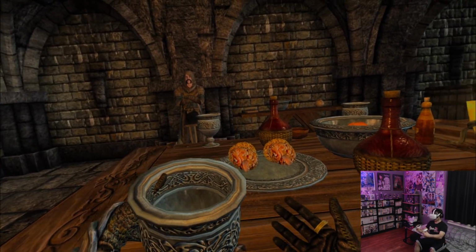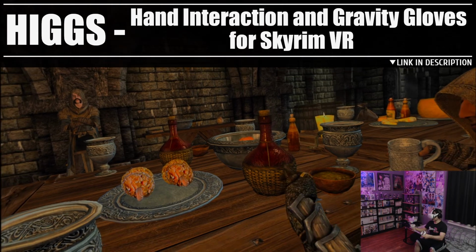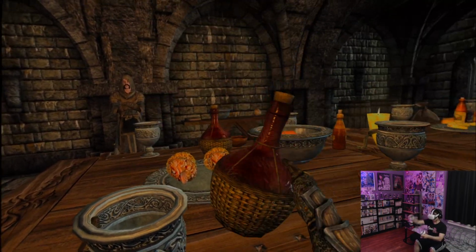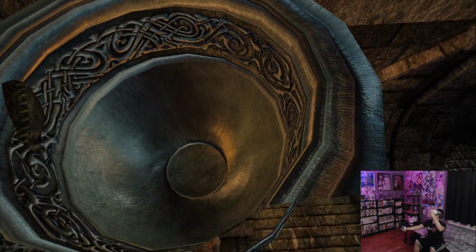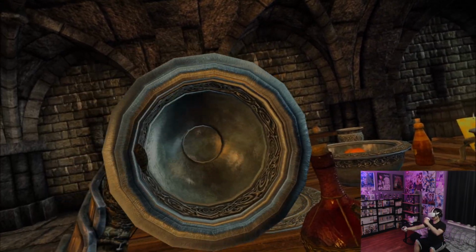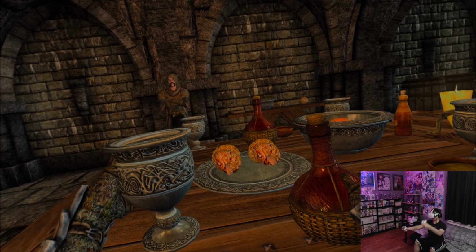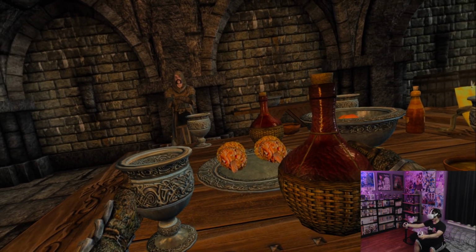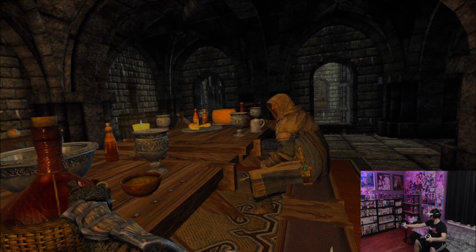And this is another mod right here called Higgs, where I can actually grab stuff. Like this. Pretend I'm drinking, right? Yum, yum, yum. And I like how you can see the reflections in this cup inside of it. It's kind of cool. Stuff in Skyrim is kind of oversized if you're in VR, so it's kind of funny seeing how big it...